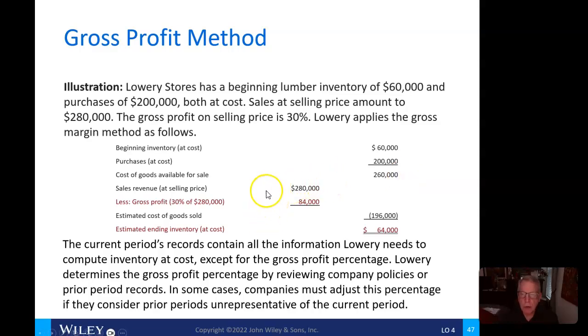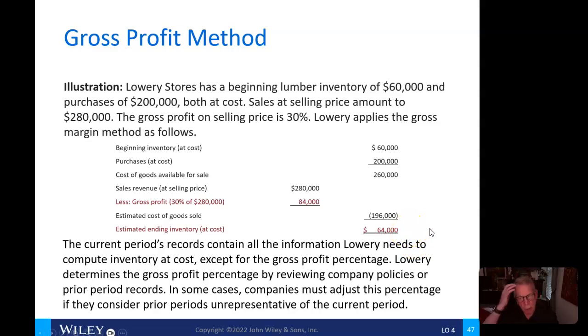And then if I shift over to the sales side, I have sales revenue of $280,000. Gross profit then at 30%, given in the problem, would mean that gross profit would be $84,000. So that gives you your estimated cost of goods sold, 70% of $280,000 here. Subtracted from the cost of goods available for sale of $260,000 leaves me with an estimated ending inventory at cost